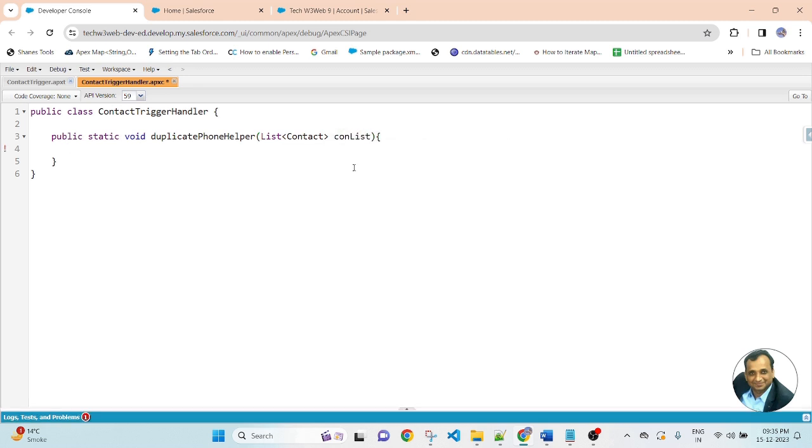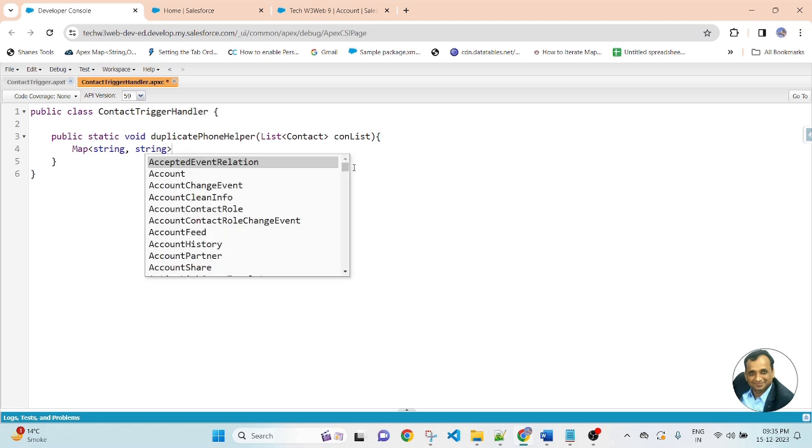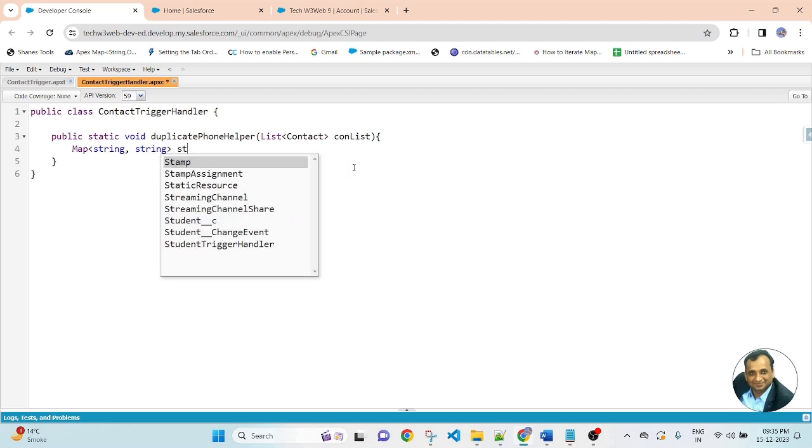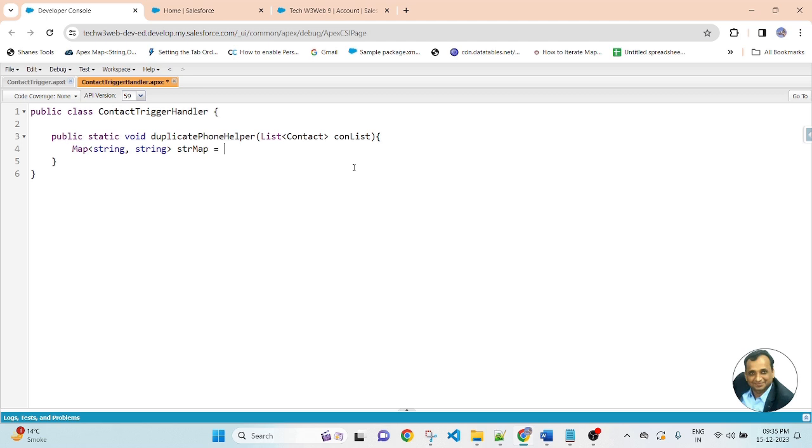Then we will create a Map of String, String, strMap, equal to new Map.